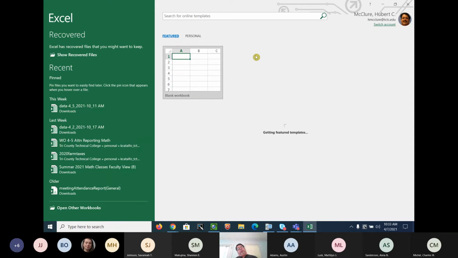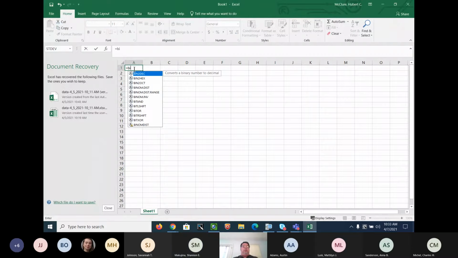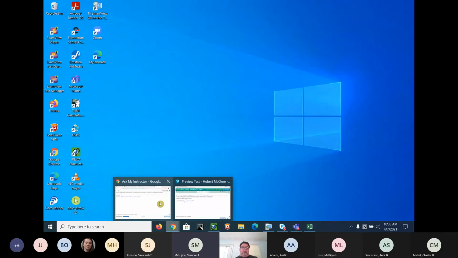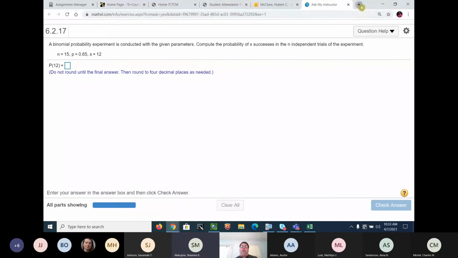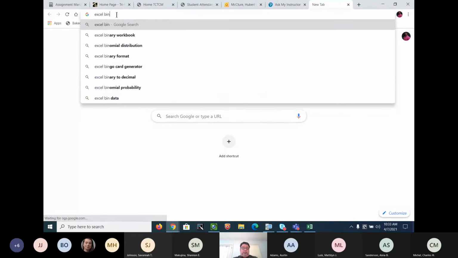So I will go up and look it up and probably call it binomial. So I'm going to do equals binomial, BI, and you see there's several binomials right here. I'll have to look it up right quick. Let me look it up right quick and we'll do it. Okay, Excel, binomial, PDF,